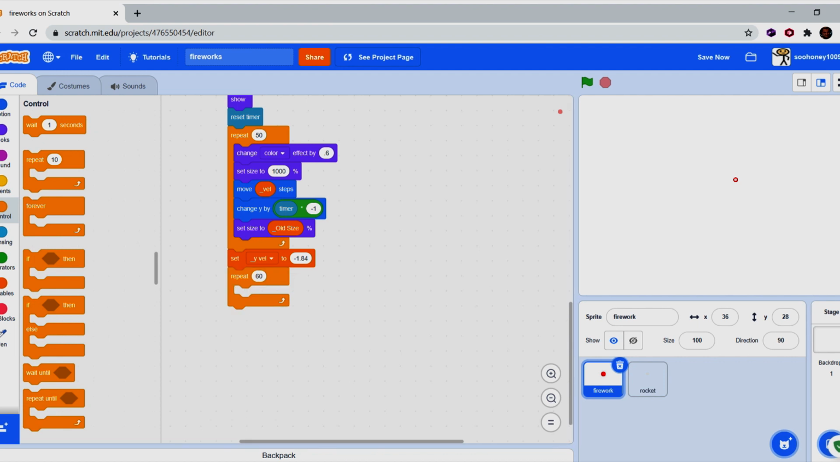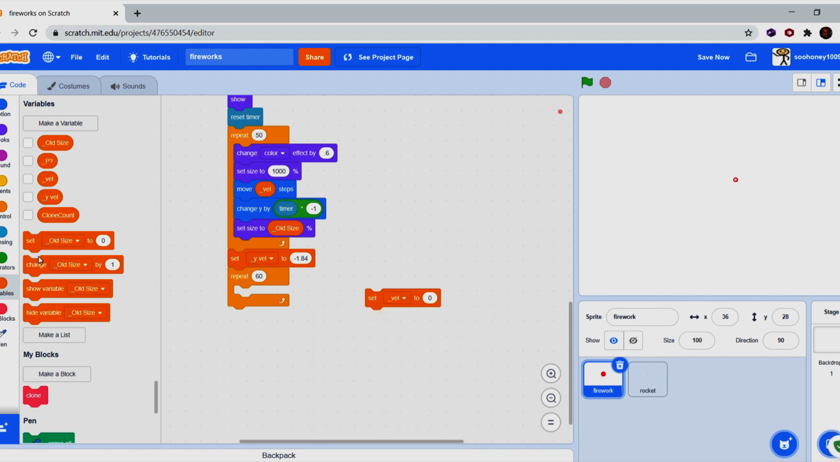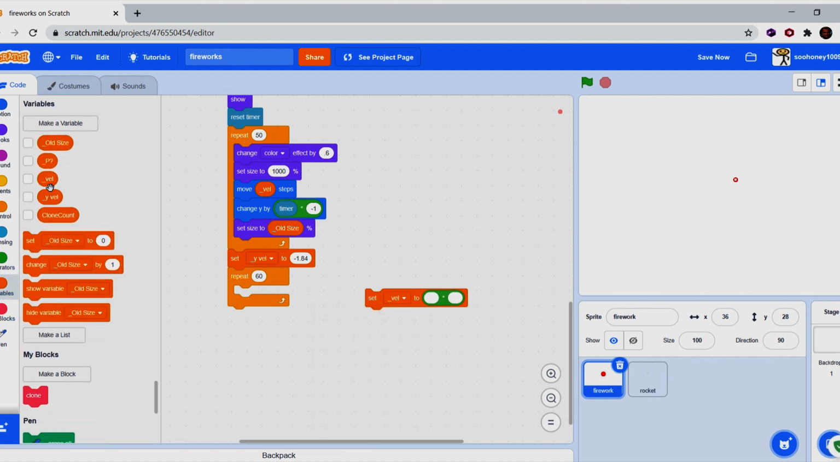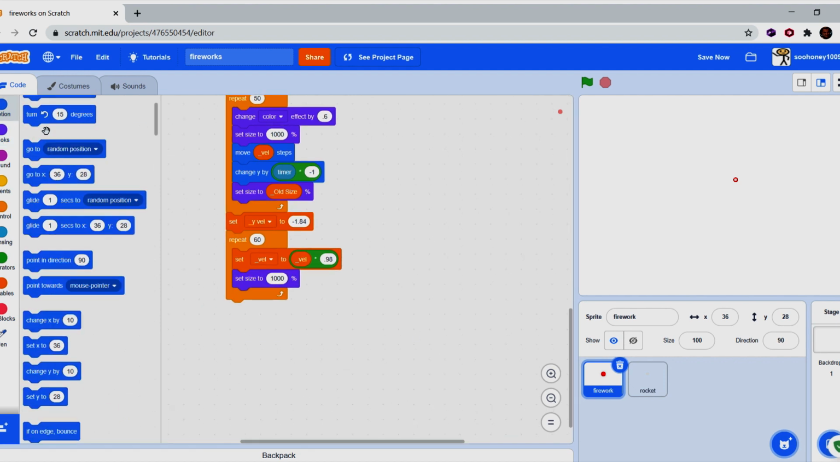And then we're going to set our velocity right there to a multiple of our velocity times 0.98, sort of like that. So it decreases very, very slowly. And then what we're going to do is set our size to 1000 again. And then we're going to move